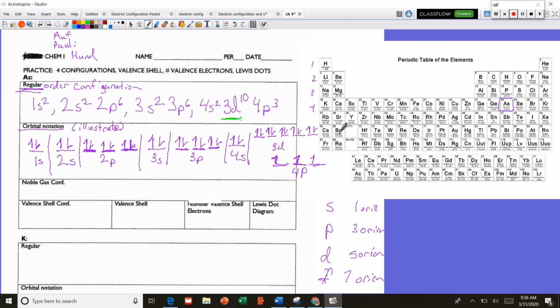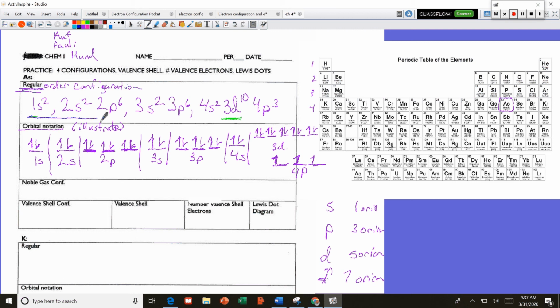All I have to do is look at what's the last period filled completely. And I'm going to do this in a different color so that you can see what's going on here. Let's use blue. If we look